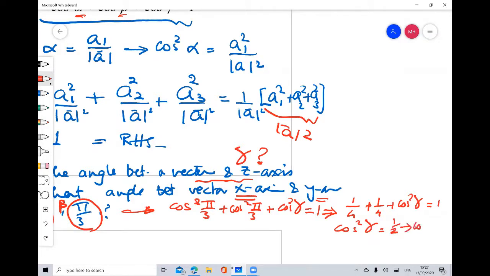So cosine gamma actually is 1 over square root of 2. I know this from our trigonometric relations, that this means that the angle gamma is the angle pi over 4. Okay, so my